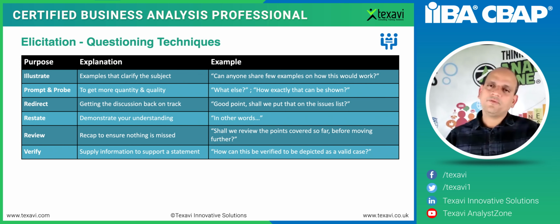Can you tell me an example of when this happened last time? Maybe in the last month or so. Did you have any experience of this? Can you give an example? Then they say, oh yeah, this happened with John when he came here. This is what he said, and so on. So essentially, it means they're not just trying to say something out of thin air, but there is some basis for what they're saying.